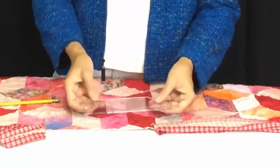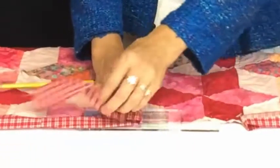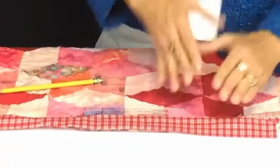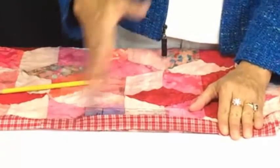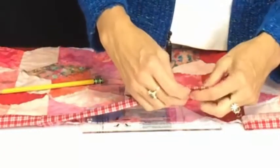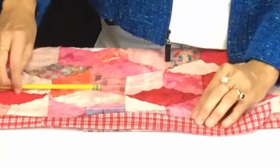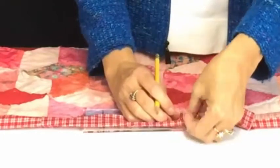I'm going to flip it around, and I'm going to now tuck it right next to the other side of our binding. Now if you keep the ruler upright and you simply turn it and tuck it under, you'll have the correct angles that we need in order to sew this together when we're done. So pulling open this binding, I am going to make a mark exactly on that exact same line, and this time I'm actually going to make the mark